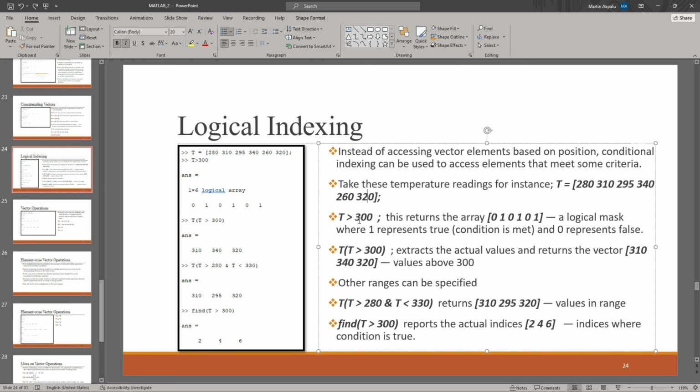And if we wanted to extract all the temperatures meeting a certain condition, in this case, all the temperatures above 300, we can do that, right? And this represents a logical index. So MATLAB quickly samples your vector and then checks which of these elements meets the criteria, right? So what you essentially have is a logical mask, and you can get that logical mask if you just wrote this in the real form. So let's